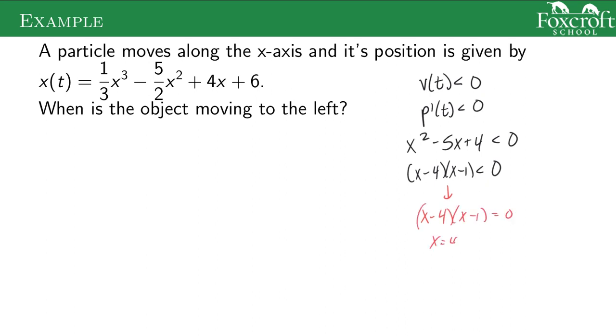And we already saw that's 4 and 1. And I'm going to make a number line. And so on my number line, I have 1, I have 4. Make sure you put them in the correct order. All right, turn to our number line. And then what we're going to do is just the basic idea: if you think about a graph,